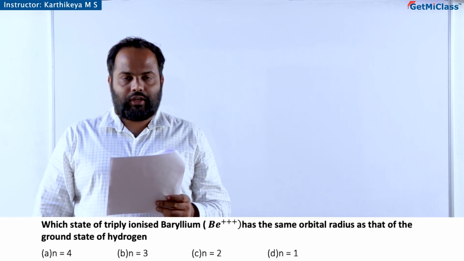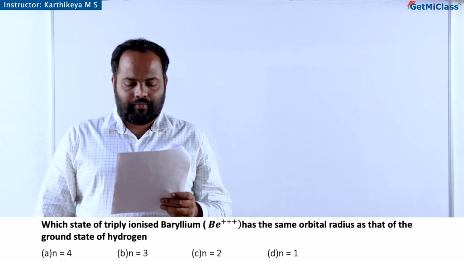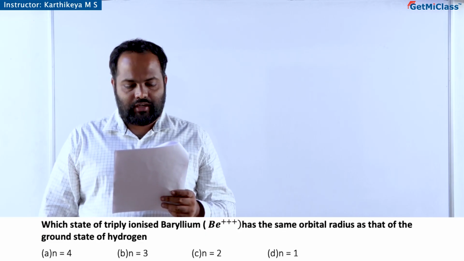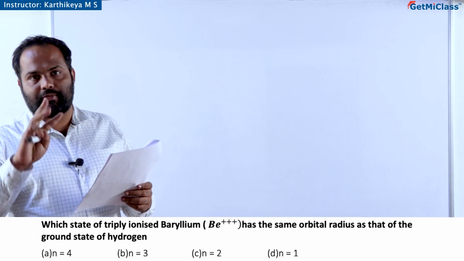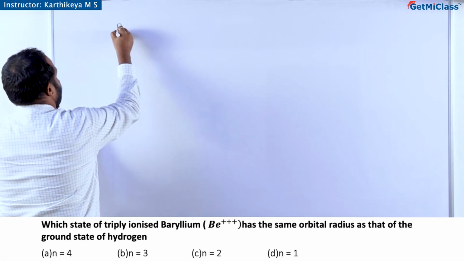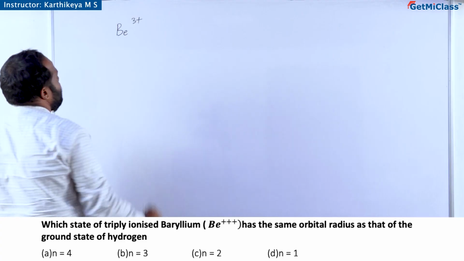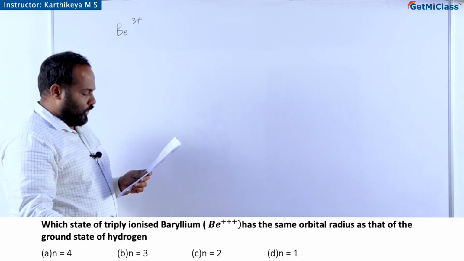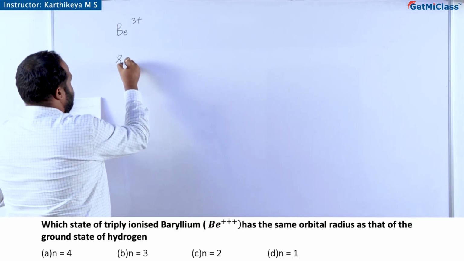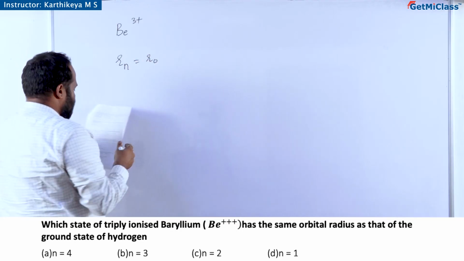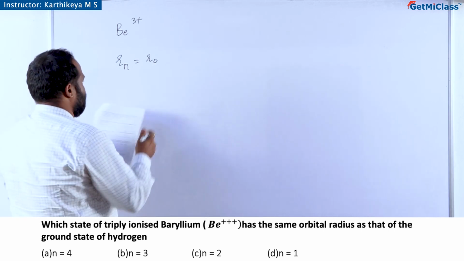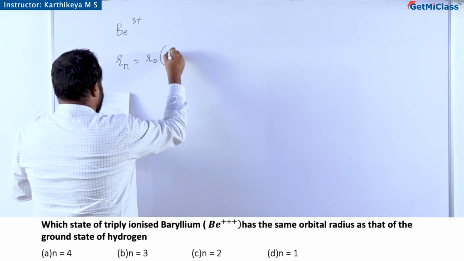Which state of triply ionized beryllium has the same orbital radius as that of the ground state of hydrogen? So beryllium is triply ionized, meaning 3 electrons are taken out of beryllium. So triply ionized beryllium is Be3+. Now the radius of the nth orbit is, for the first Bohr's orbit, the ground state orbital radius, r naught into n